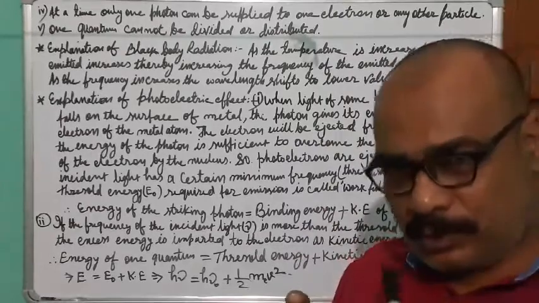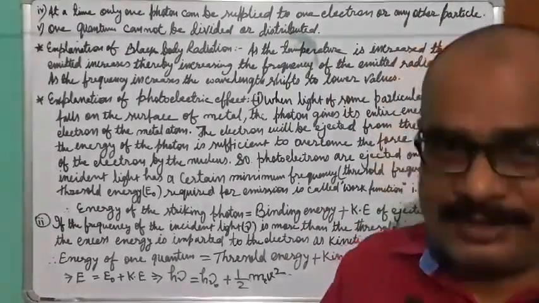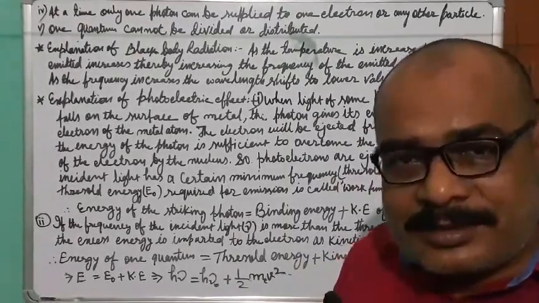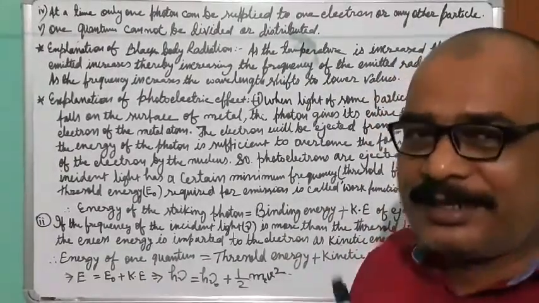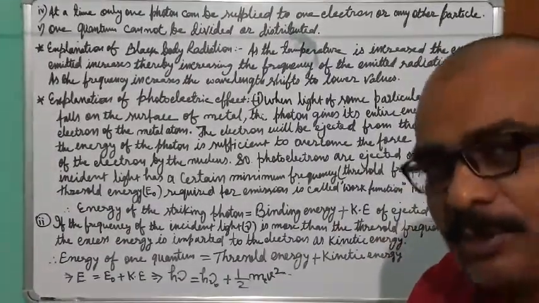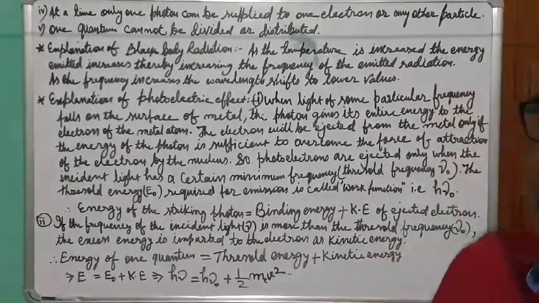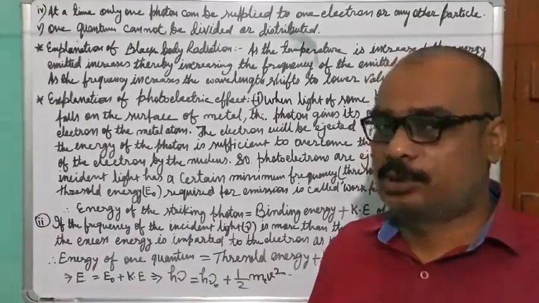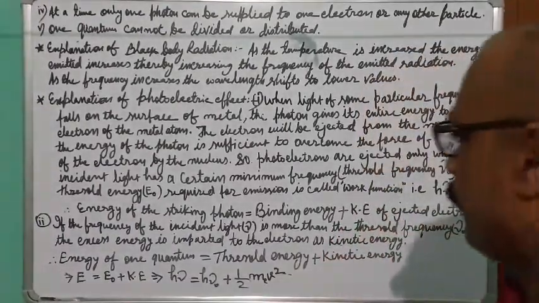after removing this force of attraction, that energy will be utilized as kinetic energy, and with that kinetic energy this electron will start moving from this metal surface towards the detector. The detector is a positive terminal, and from beyond that detector it will move with this kinetic energy only. So that is why we need a photon which has energy more than the threshold energy. Now I have understood threshold energy also. Okay, thank you.